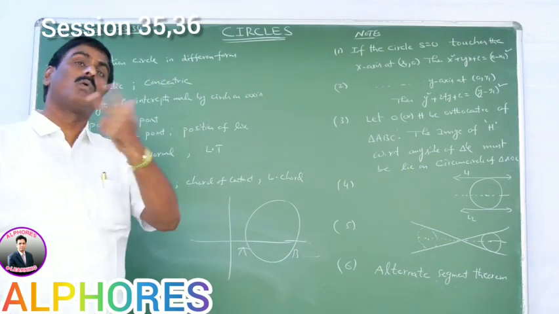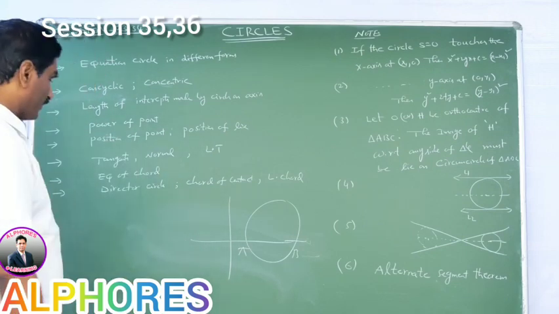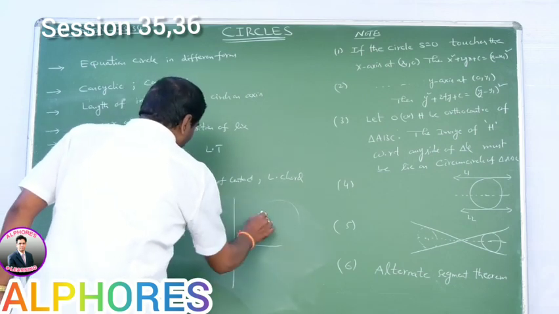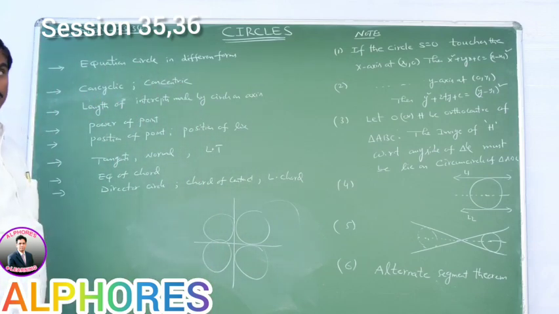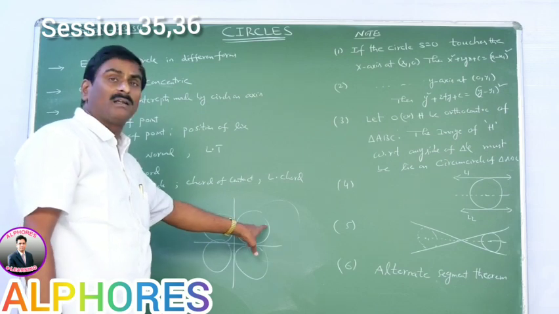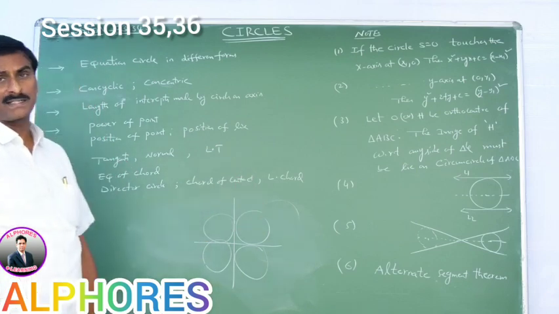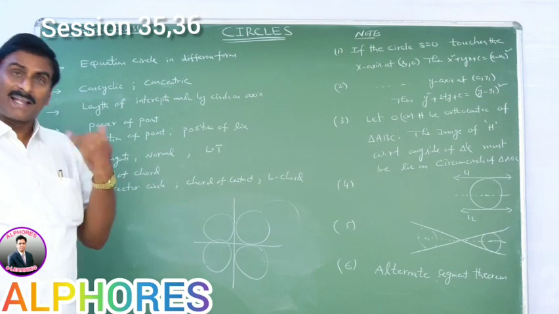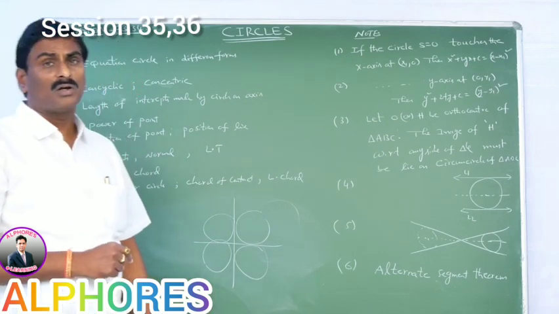If the circle touches both the coordinate axes, then what is the condition? g² is equal to f² is equal to c. If the circle touches both the coordinate axes and r is the radius, then the center of the circle in different quadrants is as follows. First quadrant center is (r, r), second quadrant (-r, r), third quadrant (-r, -r), fourth quadrant (r, -r). Center is (h, k), something like (r, r) and so on. Radius is already given. So equation of the circle is (x - h)² + (y - k)² = r².